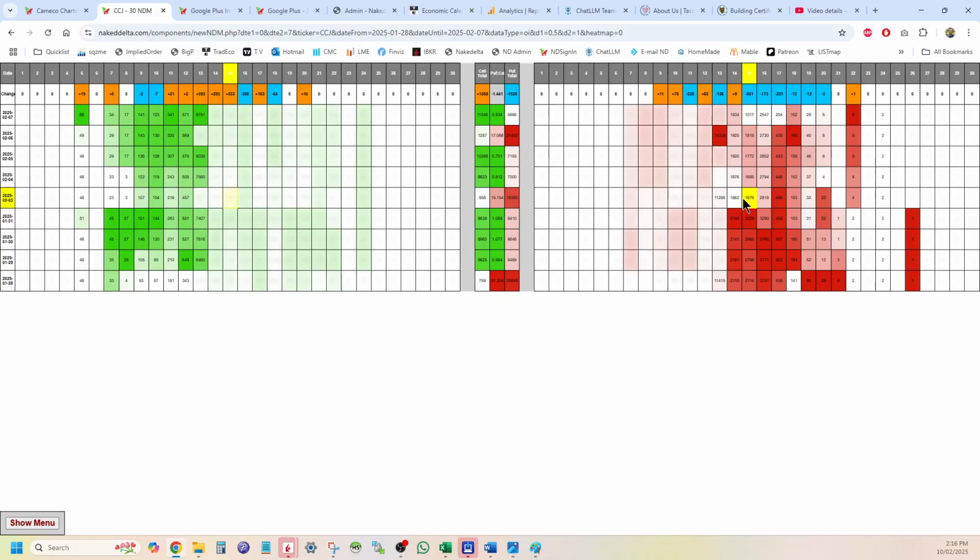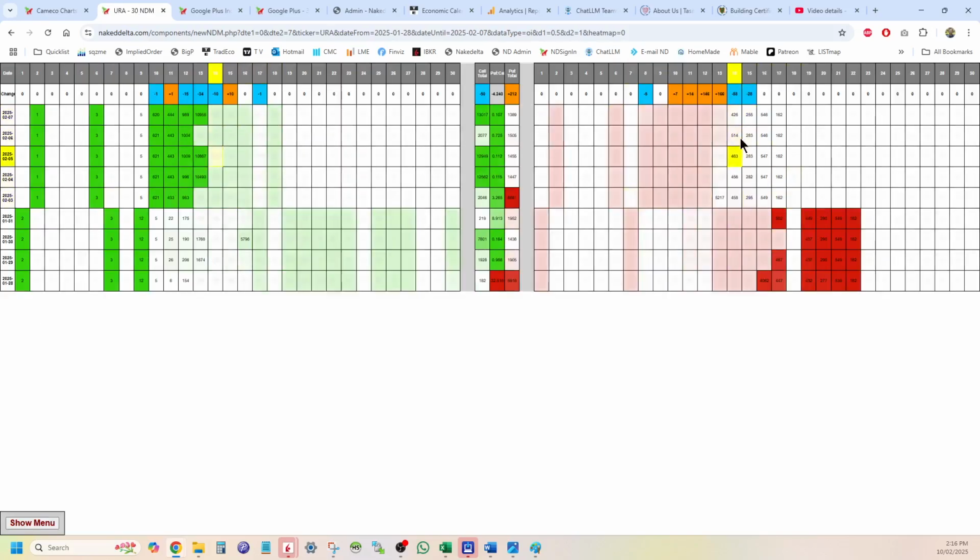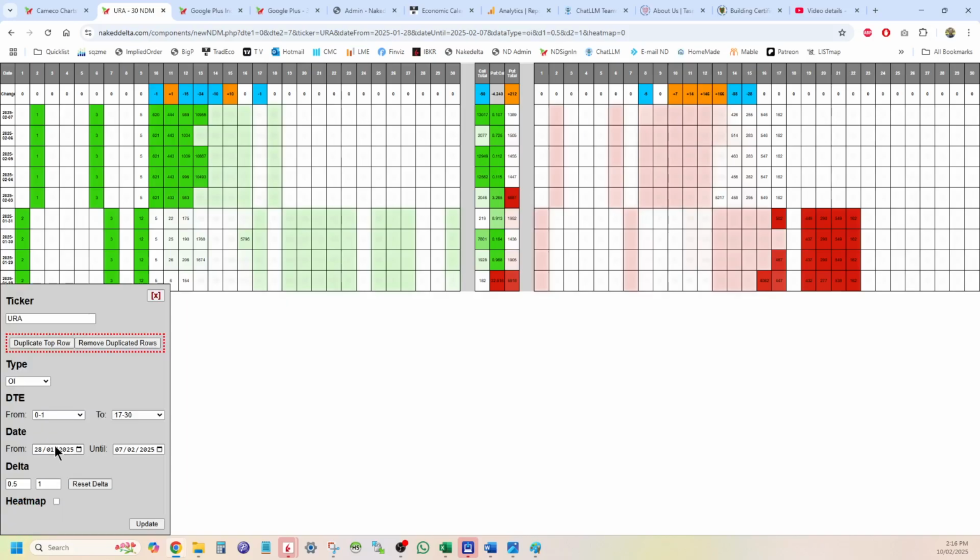It does usually get sent around. Cameco usually does get sent around with the uranium UX futures market, the U308 market. Let's just have a quick look at URA, see what URA is suggesting. URA, if I just take us a little bit closer, just had one little bump last week, which we can see just here,